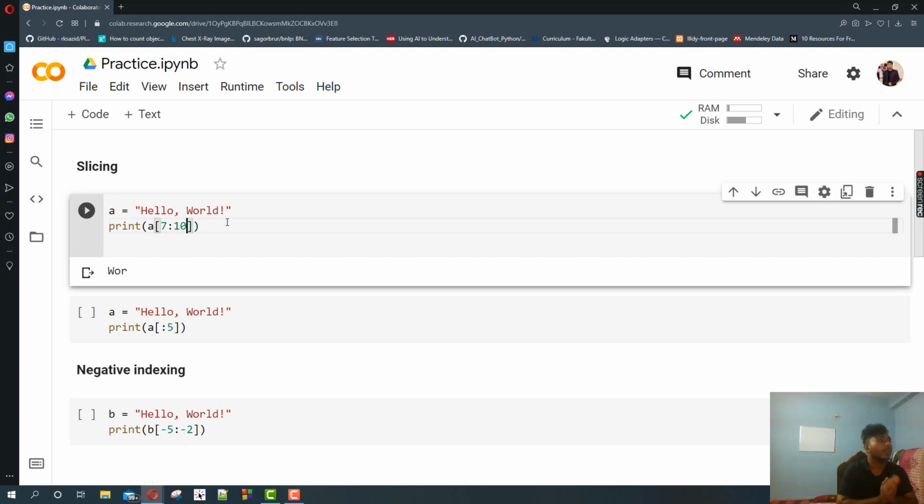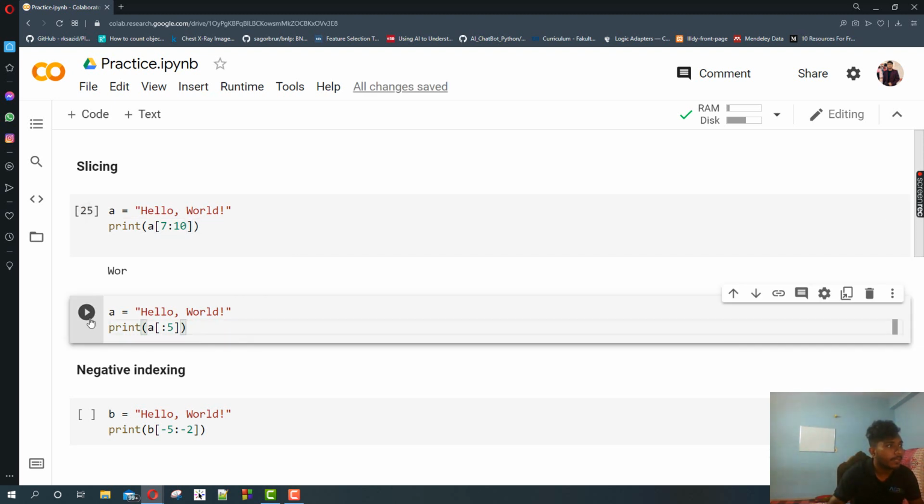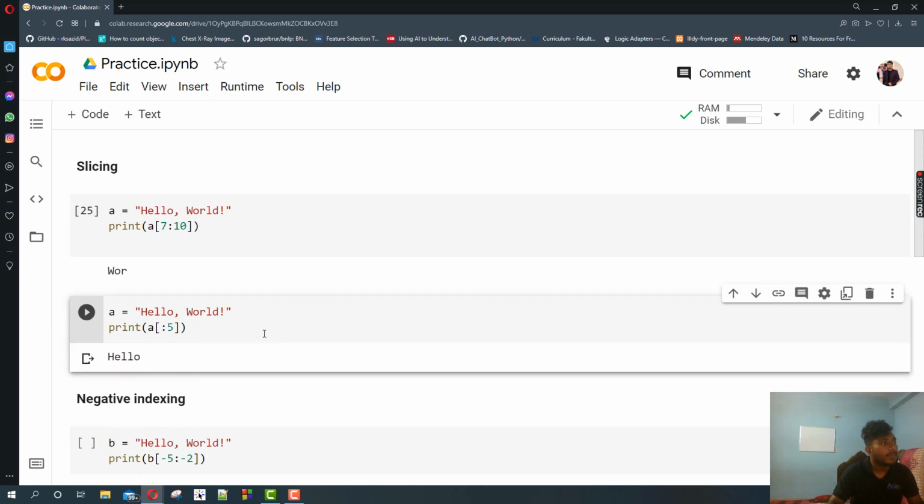Understand? Now the next part: you can print a string from the beginning to a specified index. Suppose here I have written it like that. That means this string will be printed from the beginning to index 5. Mark my words, here also the number 5 is not included.